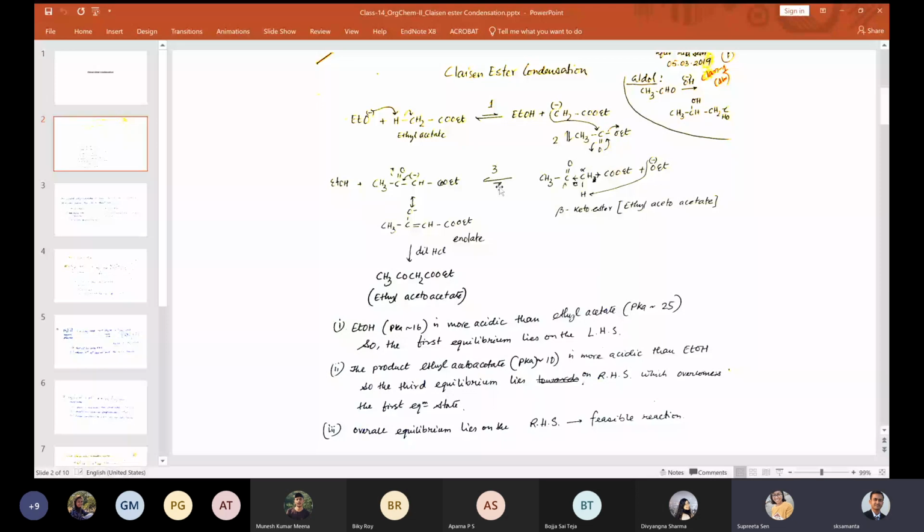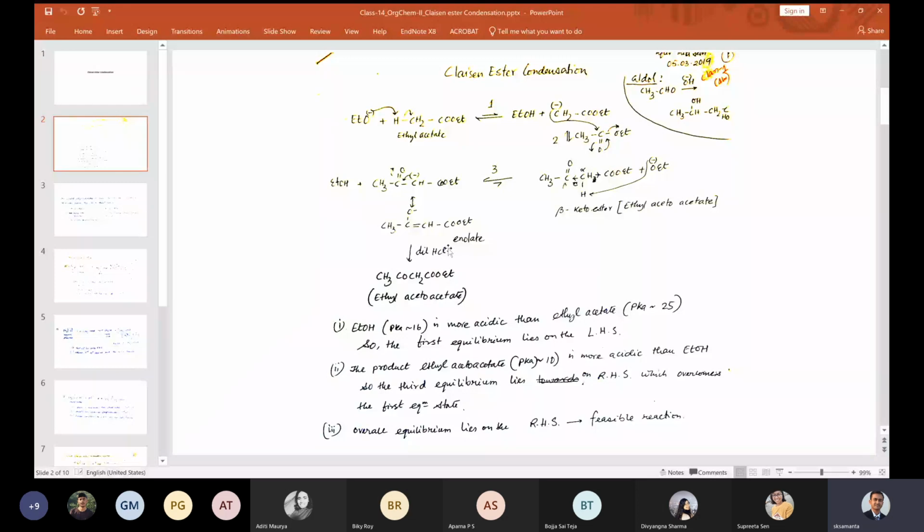Yes, sir, it's clear. Sir, can we say that this is not a commercially good reagent or method to form this product? Actually, you cannot say that, because Claisen ester condensation is a very highly established reaction. This is basically a way to represent how the product formation happens. But in fact, this product formation is highly feasible, otherwise we would probably not even be getting it. These reactions are very old, and people have been doing this reaction for a long time.